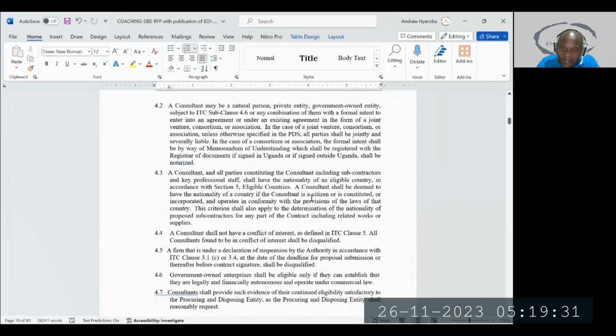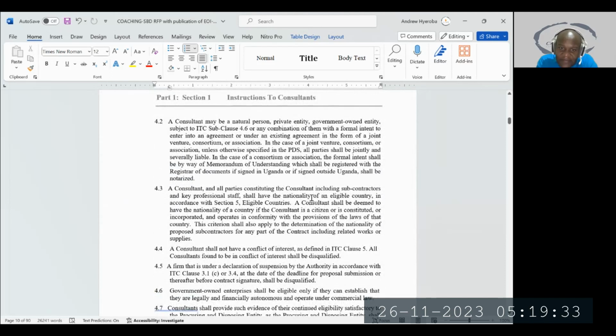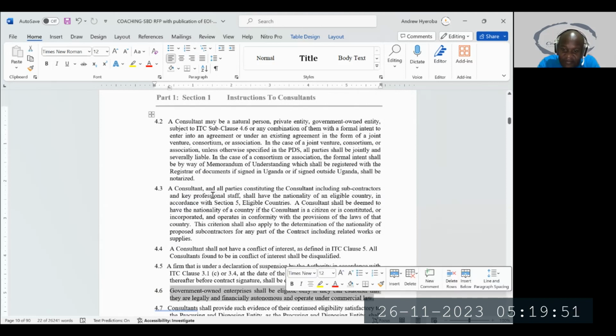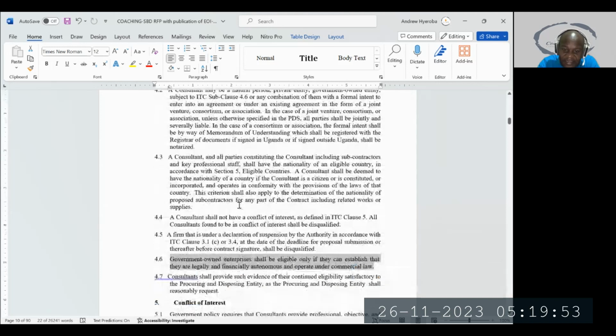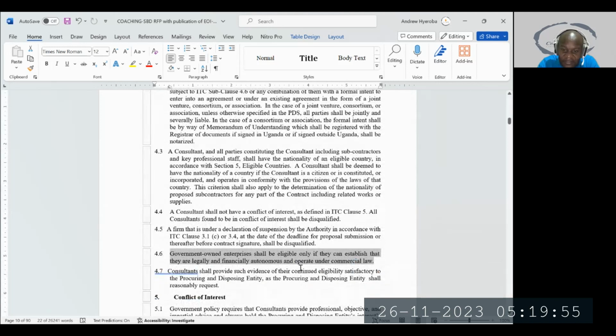The consultant may be a person, a private entity, and or a government-owned entity, subject to instruction to consultants, subclause 4.6. You get that? Now, if we go to 4.6, it says government-owned enterprises shall only be eligible if they can establish that they are legally and financially autonomous and operate under commercial law. Okay, so